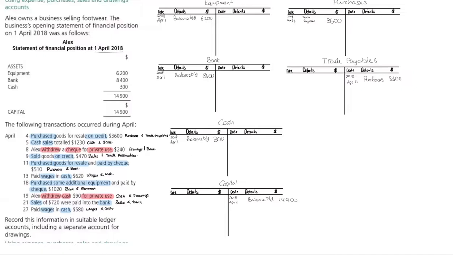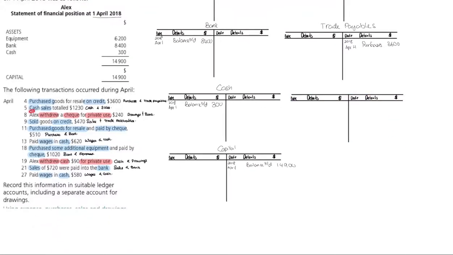Next, we need to open another account, because the next one says cash sales. Cash sales means a sale that is done using cash. If you remember, I always tell you that sales is 100% always on the credit side. So I'm just going to write it there, 2018, April 5th. The details would be cash, because we got cash from selling things. And then when we go to our cash account, we receive 1,230 from selling things, which is the sales account,